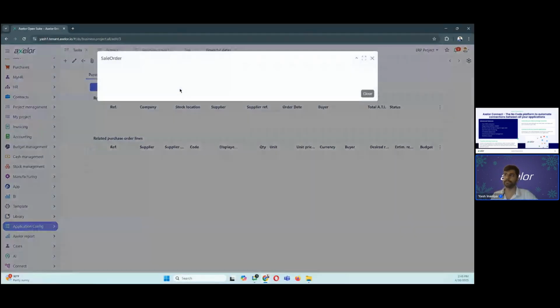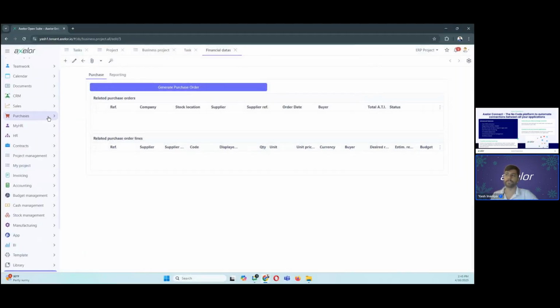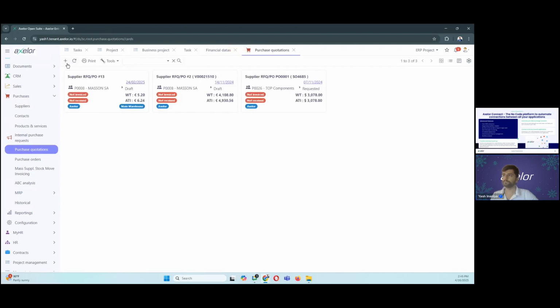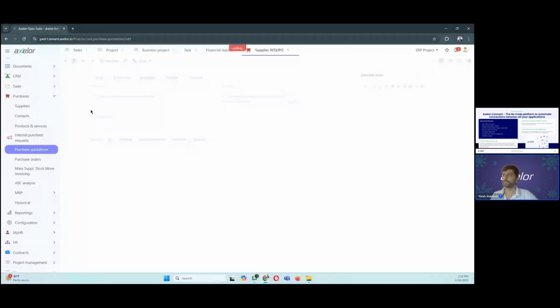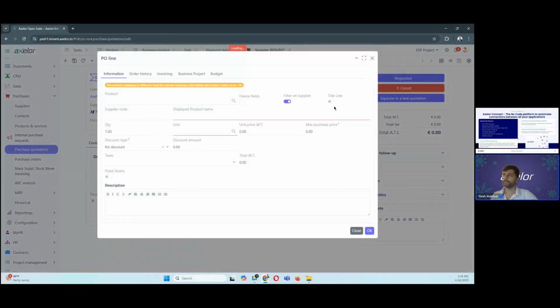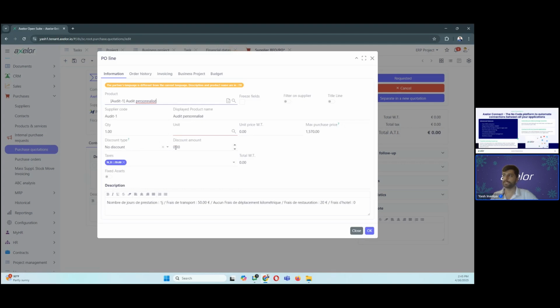Now, if you want to generate a purchase order which is related to a particular project, you can either do it directly from here, or the other way around, you can create a quotation. Let's create a new quotation. Just select a particular supplier and whatever you want to purchase, which is related to a particular product. Let's say we want to purchase certain services